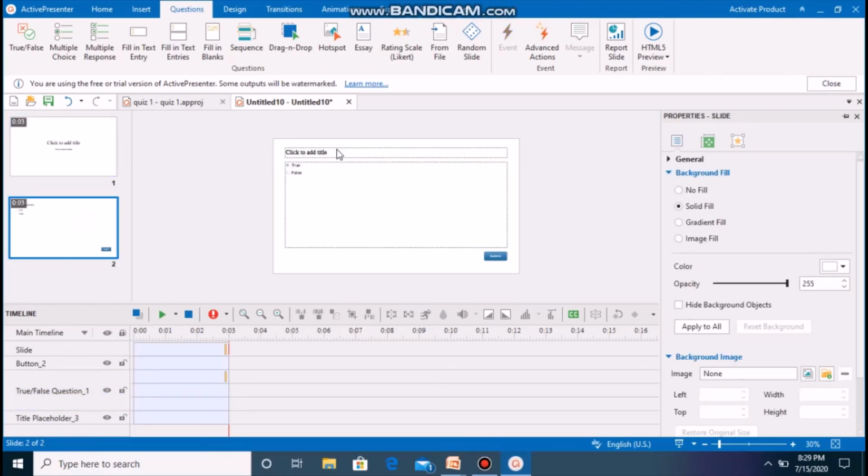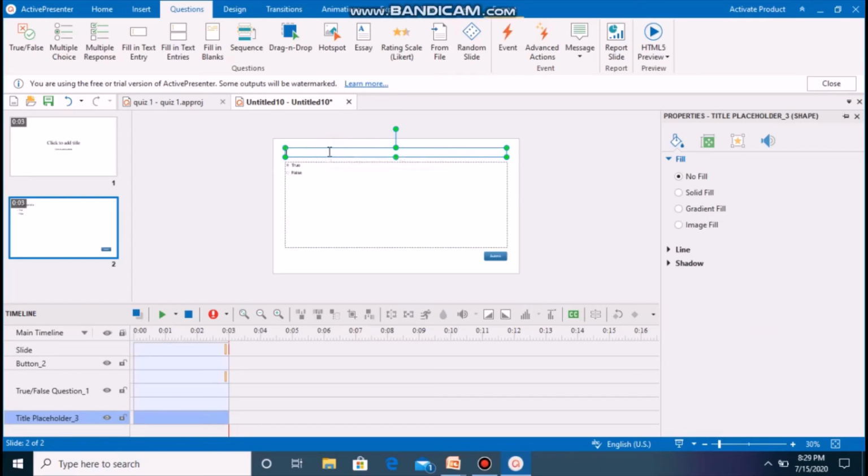So friend, let's start by typing the question. Suppose you want to increase your font size. Again, select your content, go to the font pop-up, and select the size of your font. If you want to change the color, select that.